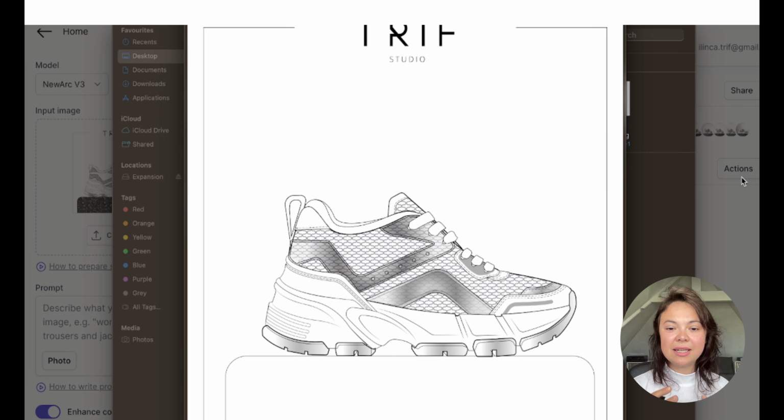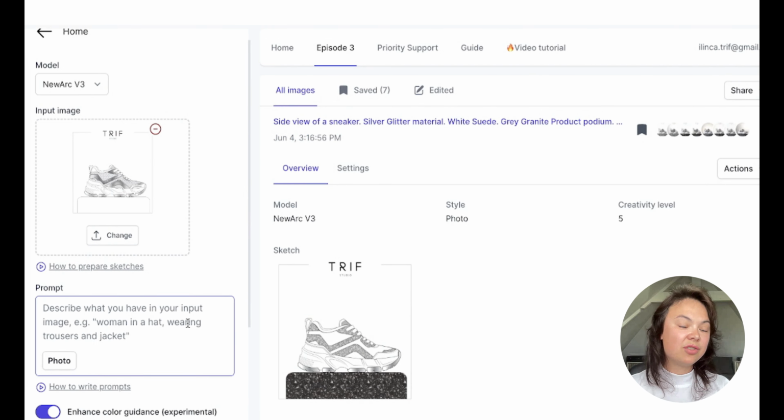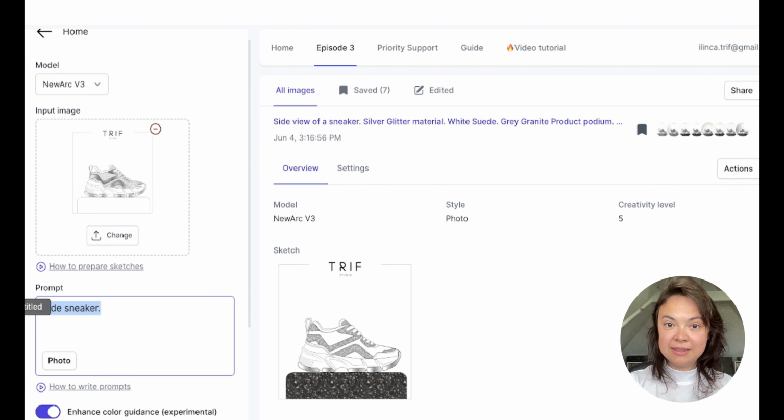Now here you see that I've tried to show like a transparent look also to the outsole and also to the panels, and it should have some mesh nylon to it. How are we going to work with that? We're going to open it, and just like with the previous ones, start small and build up from there. So this is a view of a side sneaker, sporty mesh, acrylic